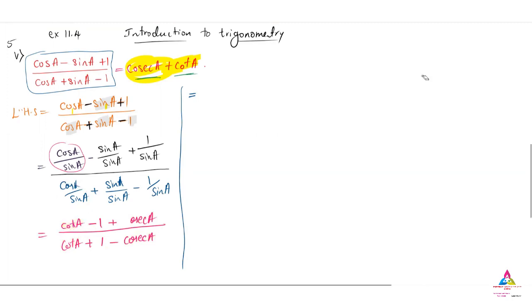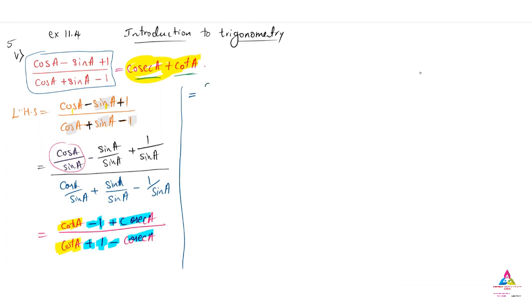If you look at cot A clearly, it is not changing. The positive cot A in the numerator and the positive cot A in the denominator, so it is not changing. But regarding the negative of 1, here you have positive 1, and cosecant is positive here and negative here. So group them in a way that keeps the proper term on one side. Cot A is proper, so I will make it a separate group.